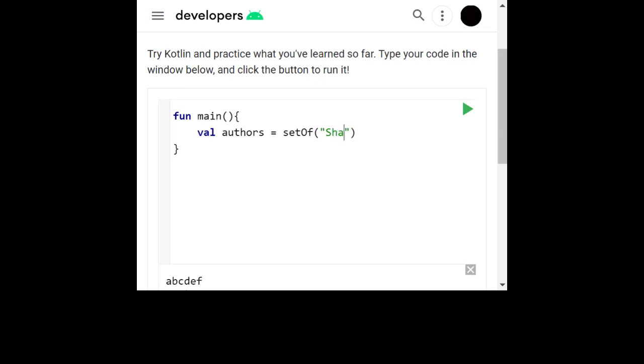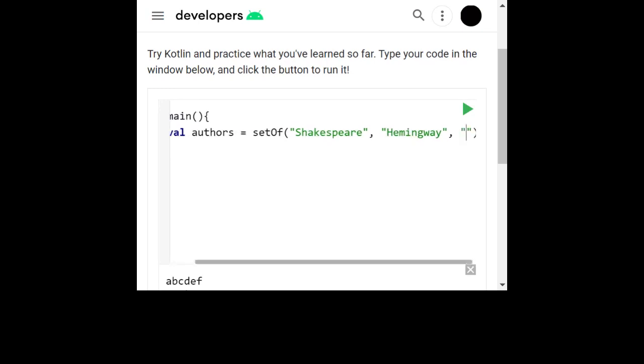So Shakespeare, and just passing some random values, and Hemingway, and then Twain,